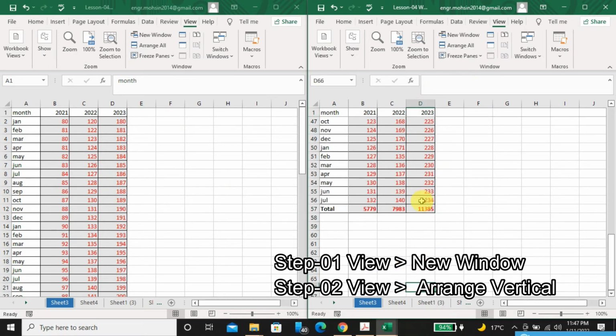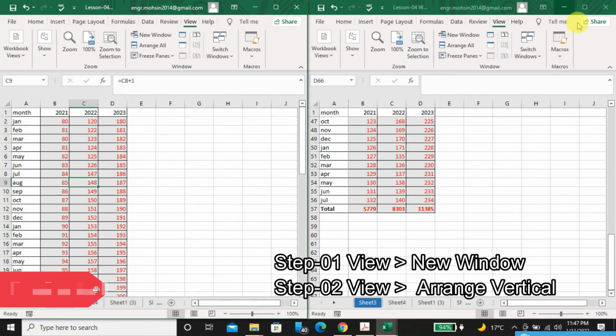So for example if I want to check by modifying anything in my first window, and I want to see the total sum after changing something here, I will keep my sum open in window 2 and I will modify from window 1. So for example instead of 127 we'll change it to 147, and I can easily see the sum is adjusting in window 2.